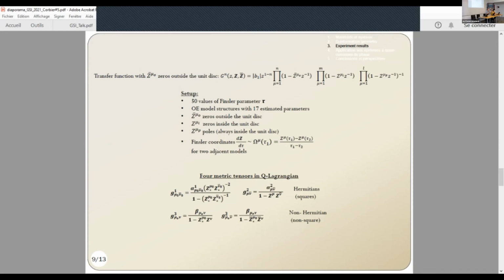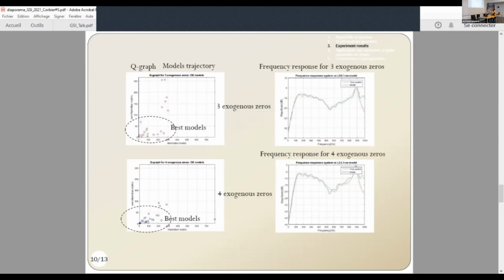Okay, and we took 40 values of Finsler parameter, tau, and this is the expression of the metric tensor for our example. Okay. In fact, just to summarize this approach, we can